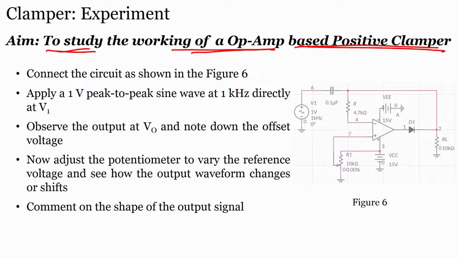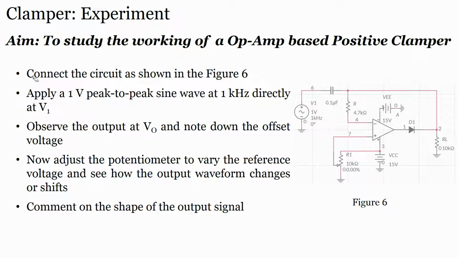So, I can make a positive clamper, but I can also make a negative clamper. So, we will see how the positive clamper works, we will also see how a negative clamper works. Okay. So, we will not only see positive, but we will also see negative. Since we have seen in the last slide how the positive and negative clamper works, let us also do the simulation in which both circuits will work, positive clamping and negative clamping, right. So, to understand the positive and negative clamping,